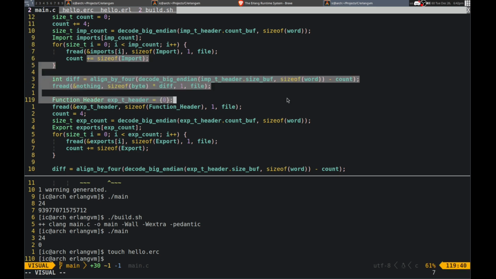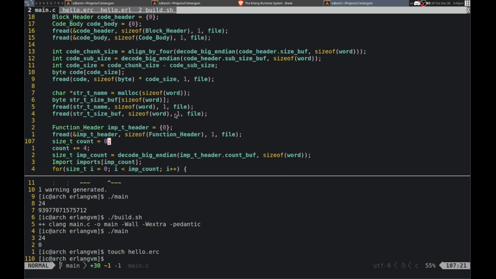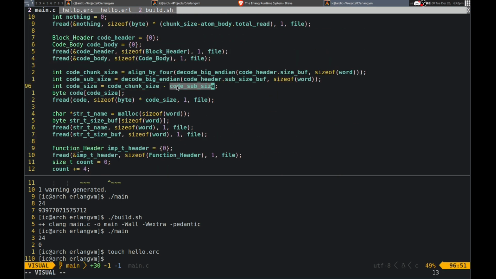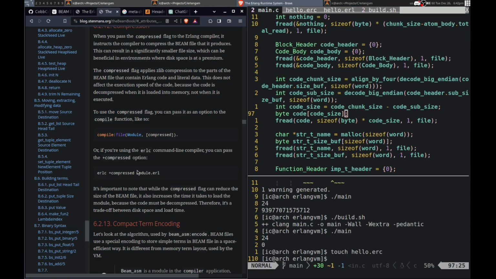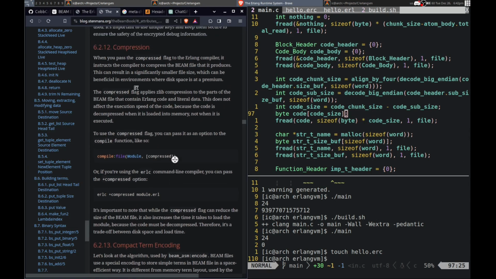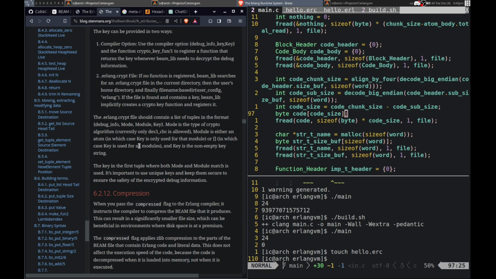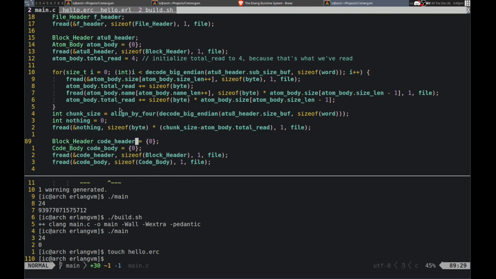So what I really need to do is look more into the code part, though, because I don't quite understand how that works. Yeah, because the code has some stuff in it. I need to figure out which ones I need to write to, essentially. Some of the stuff is kind of just metadata, you know?